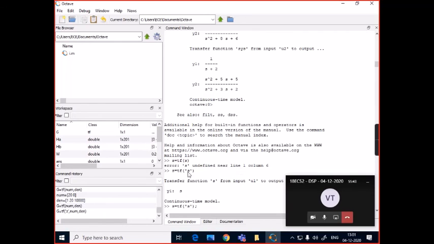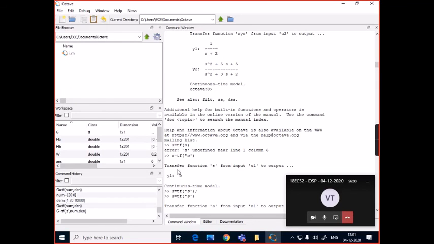So these are some of the useful functions available in Octave which you can play around with to understand the concepts better. All the concepts that you studied in signals and systems, control systems and digital signal processing, you can play around with in Octave by using different functions it provides, just like this.